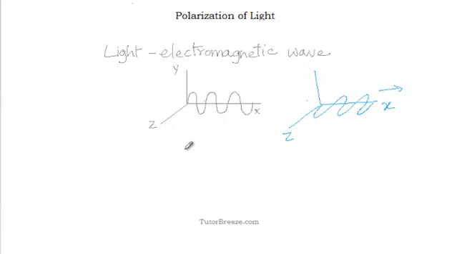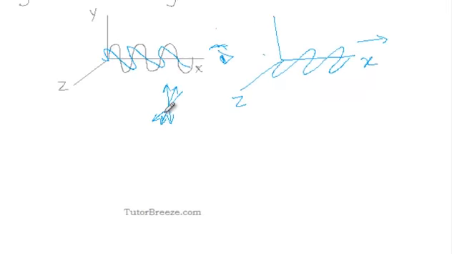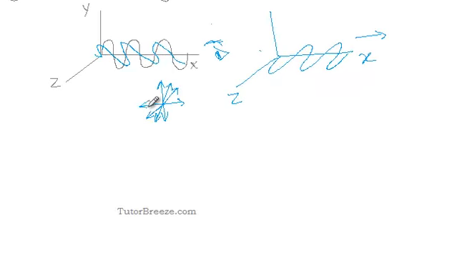Unpolarized light would mean that the electric field can vary in all directions, which means this electric field could be like this, and then if you just rotate it like this, and you are again going to look head on, in that case you would see something like this. You would see a number of double-headed arrows because the electric field vector is not in one direction.